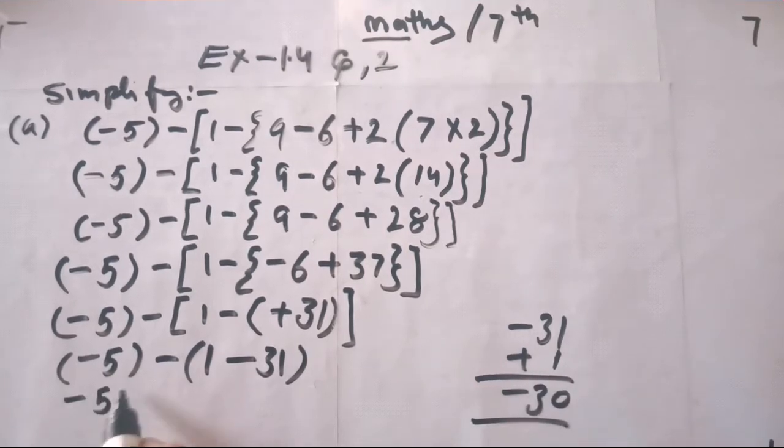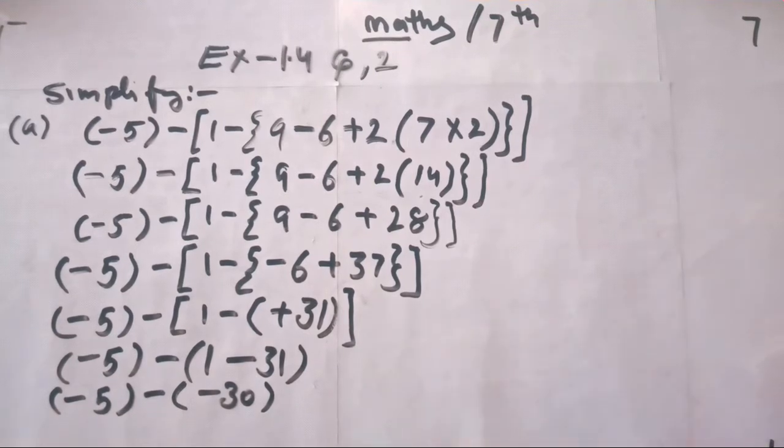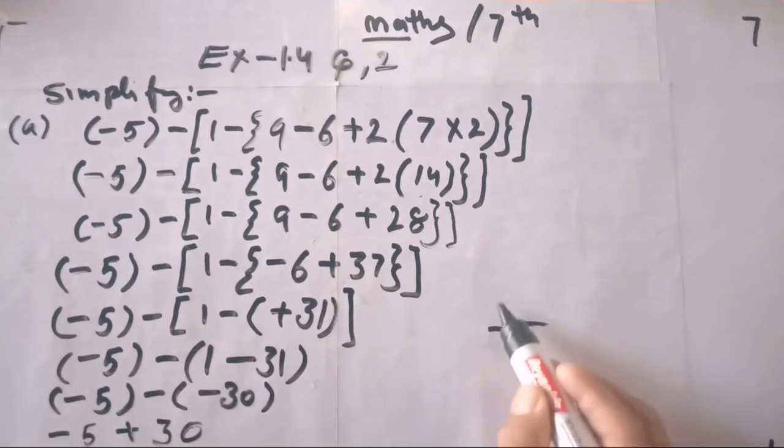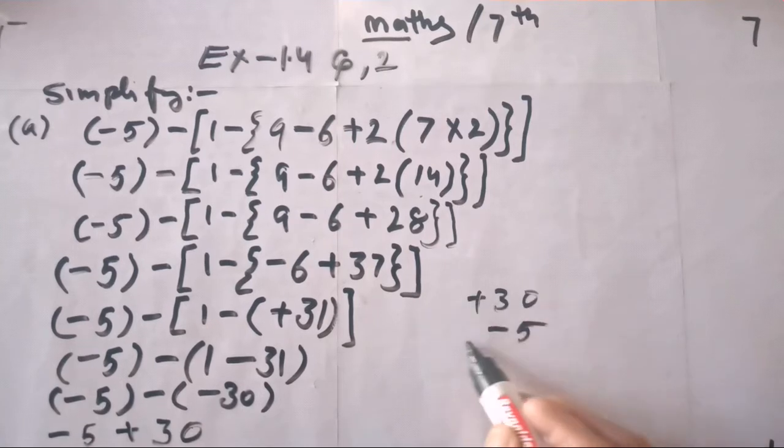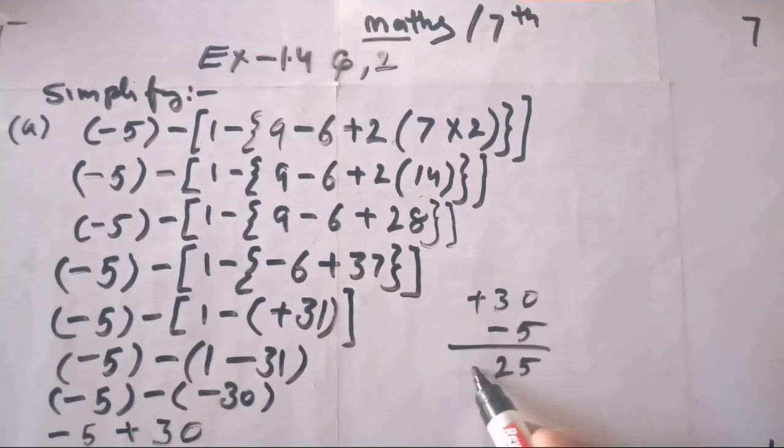So minus 5 minus 30. This is very important beta. No need to take the shortcut. If you take a shortcut then the question will go wrong. So minus 5 and minus into minus is plus, and this is equal to plus 30. So beta, minus 5 plus 30 is equal to 25, plus 25, and beta, this is your answer, plus 25,